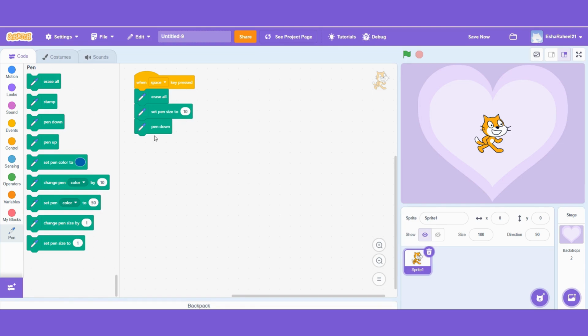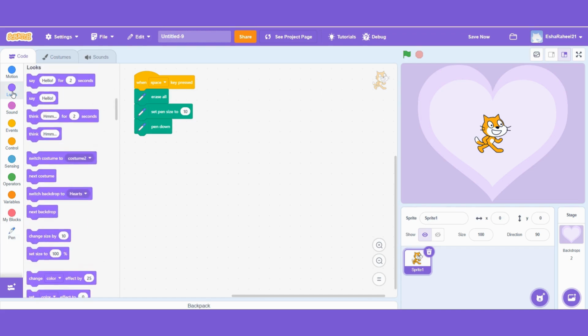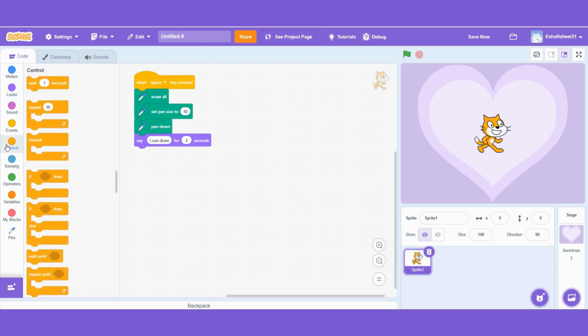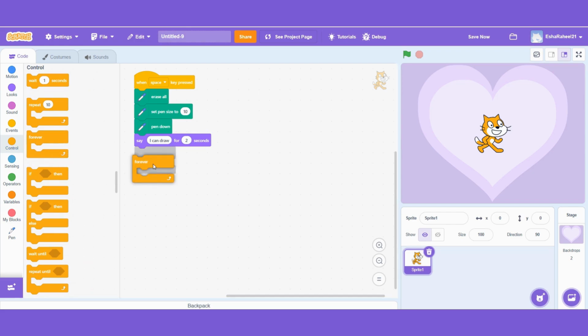After that, we're gonna go to looks. And then we're gonna make Scratch say, I can draw, for 2 seconds. And then we're gonna go over to control, take a forever loop, and then we're gonna go